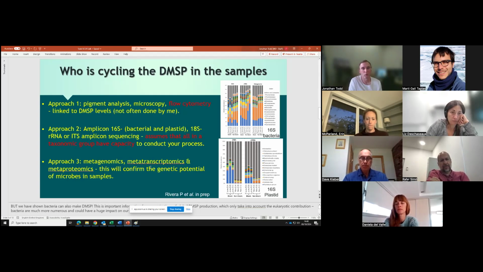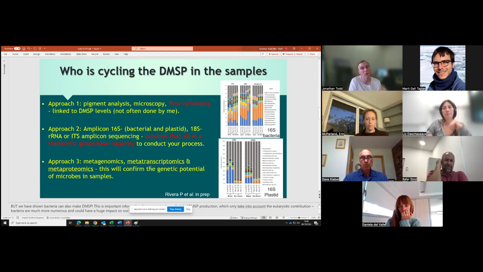This is where it links into the work that I've done and other people have done on the molecular biology of DMSP production and, of course, cycling. Because we know key genes that are involved in the process, we can look for the abundance of these genes in that environmental sample, and we can apportion the taxonomy from that to tell us which organisms have the genetic potential to conduct that process, but also what organisms are expressing those genes and